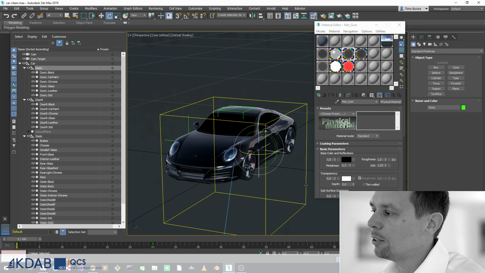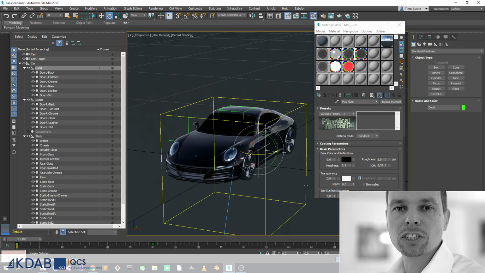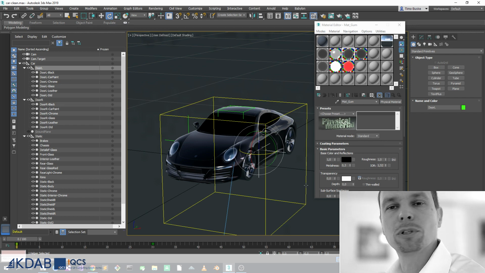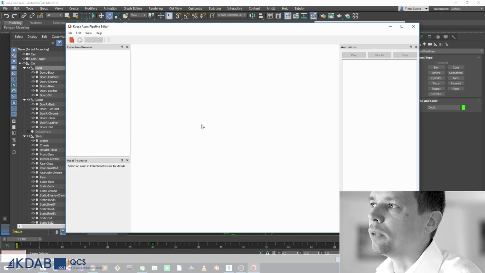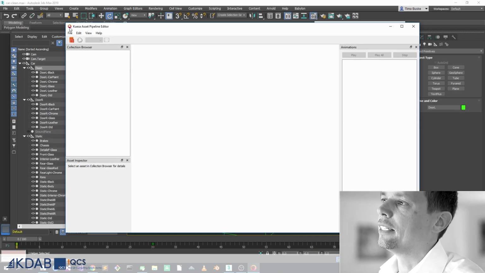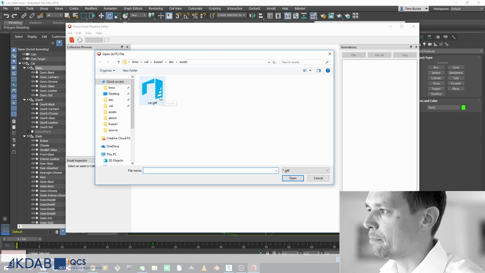Okay, this is exported now. Let me switch over really quick to our Kuesa asset pipeline editor so we can check if everything is exported as we want it. Okay, I opened up the Kuesa asset pipeline editor and now I'm going to open up our exported GLTF file,